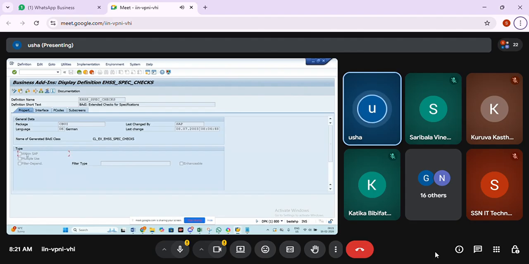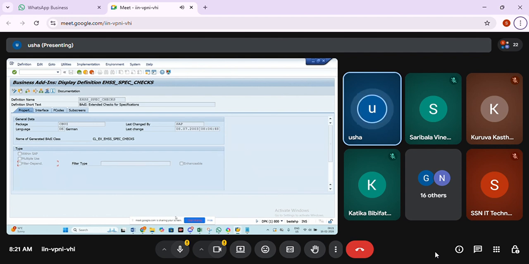Within SAP BAdI, if it is checked, it is only for SAP people to implement, not for us. If you see multiple use, when this is checked, you can use the same BAdI for different implementations. Filter dependent BAdI: if it is not checked, it means a single use BAdI, where only one implementation can be created. If that checkbox is checked, we can create multiple implementations. Filter dependent BAdI: based on the filtering criteria it is going to trigger. If the filtering criteria do not match, then it is not going to trigger. So these are the types of BAdIs we have.